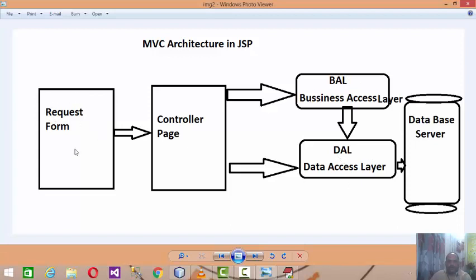As you are developing a web application, you are getting n number of requests from various users at a time, right? So if you try to perform everything on the controller page, meaning accepting the user's request, processing the data, as well as managing the database, it becomes very complex code.